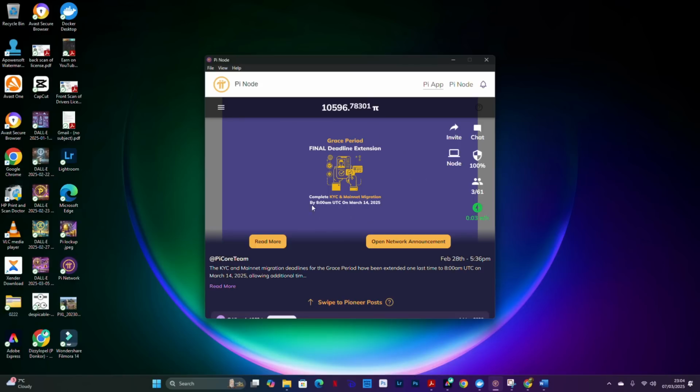Now, over here is the announcement section, or announcement column. Here, the Pi Network core team uses this platform to tell each and every pioneer, each and every person who is on the Pi Network, about the latest updates and information that they need to know regarding Pi Network and all its activities. So as you can see, it says grace period final deadline extension, complete KYC and mainnet migration by 8 a.m. UTC on March 14th,